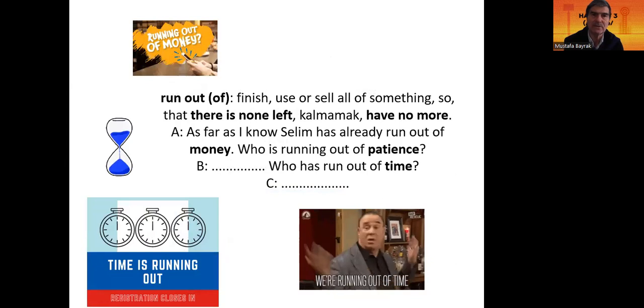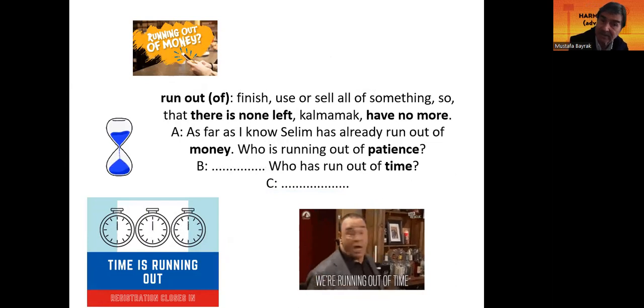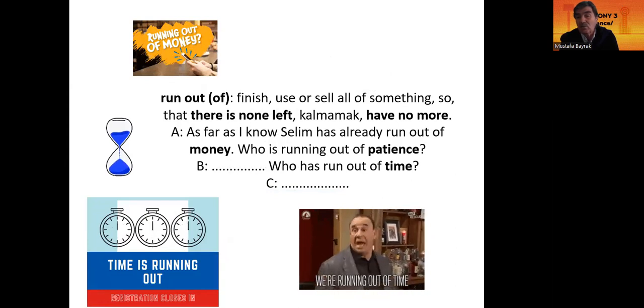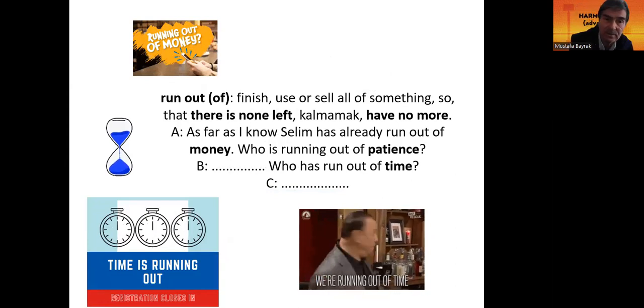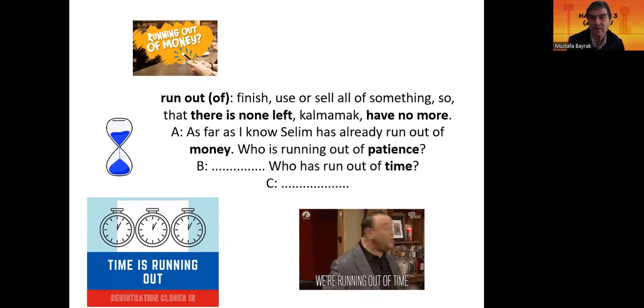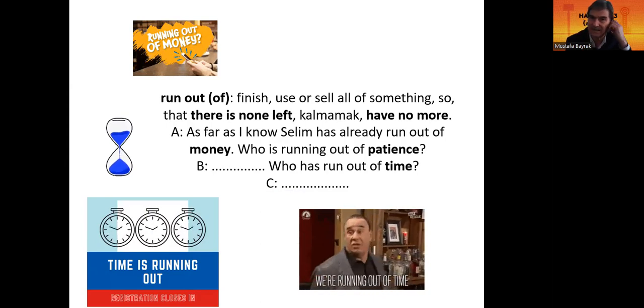Run out of, yeah, it is very practical. Run out of money, run out of time. Okay. For example, the first GIF on the left says, time is running out. Okay, but the one on the right, we are running out of time. Okay, do you see the difference between them? Time itself is running out, is passing, is flying like a bird. Yes, but here we are running out of time. Our time has been decreasing,